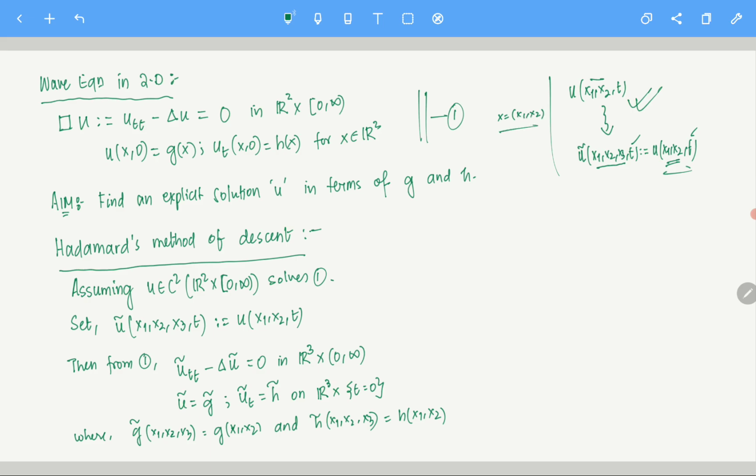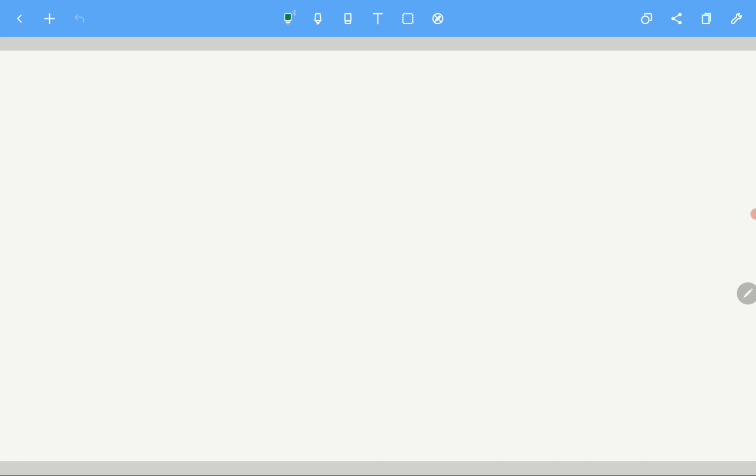Clear? Okay, but now what I am doing here is, this g and h is given. I am using that g and h to define a new g tilde and h tilde. And of course if you define u tilde, g tilde and h tilde like this, then this is true. Okay, let's call it 1, 2. Clear? So this is true. Now if this is true, see, this is in 3 dimensions. I know from our last video, Kirchhoff's formula, what is the solution of this. So we'll write that down.